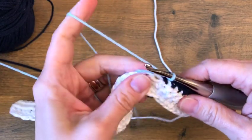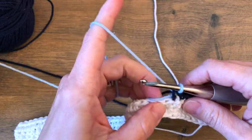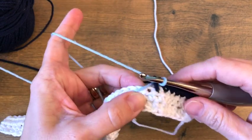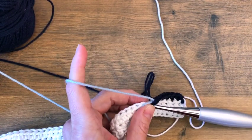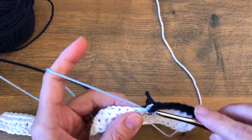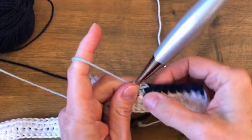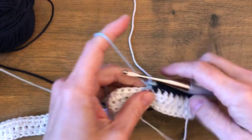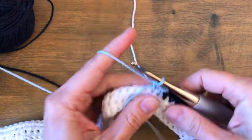Now I've got to tighten that up a little bit, tightening everywhere. And then I'm going to work over my new tail across the top of my stitches there and make my single crochets. I already forgot how many. I think I said 19. Check my pattern here, 19 in color B. So there's my first one. I'm just going to take a minute to straighten these up and make sure my tails and yarn are everywhere they need to be. Okay, so I will continue across with 19